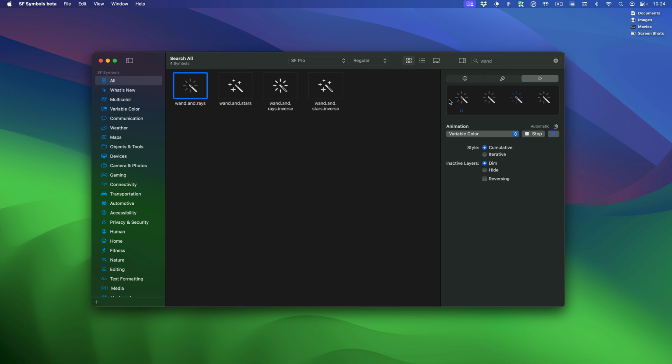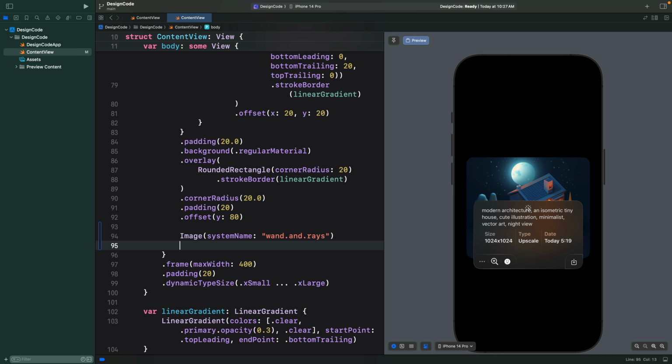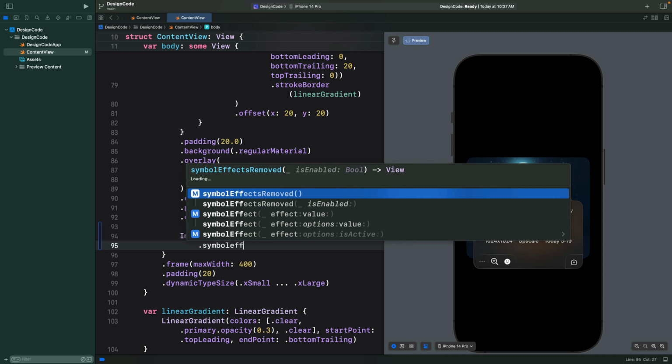Selecting variable color, you're going to preview how it's going to look with different options. These, by the way, are the rendering modes. So if you go to this tab right here, you can change it, or you can just select each of these to see how it's going to look when you customize the foreground color. Now let's apply the icon wand.and.rays, and you can see it looks like this right now. Then apply the symbol effect,